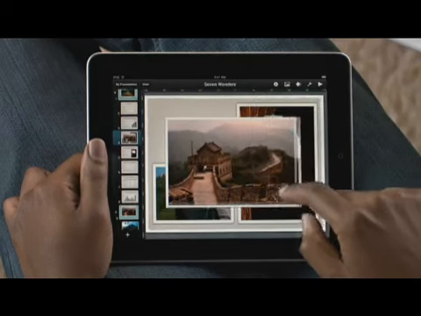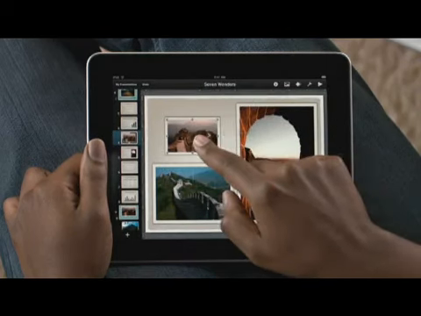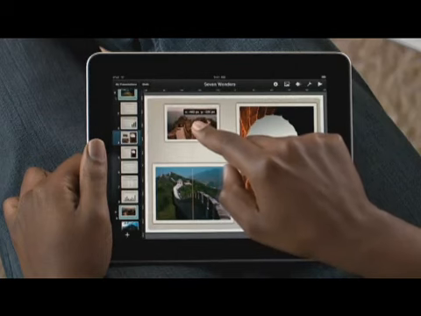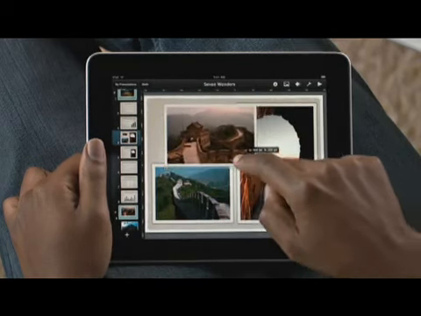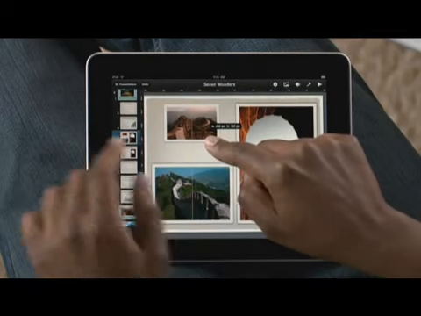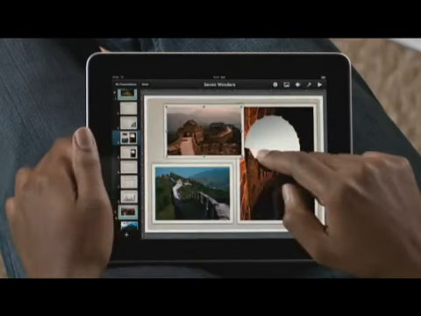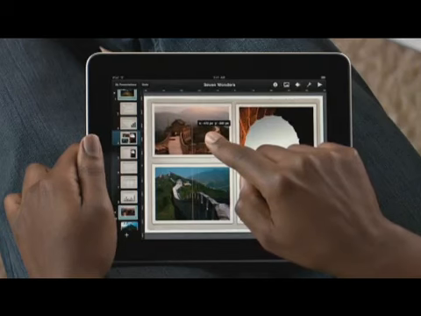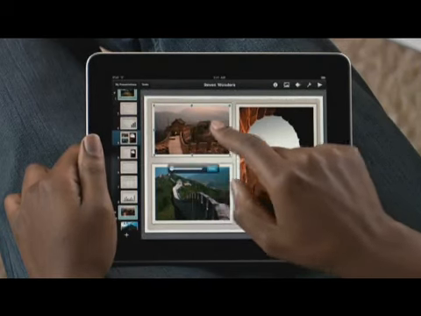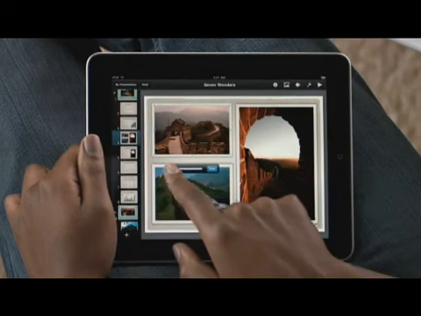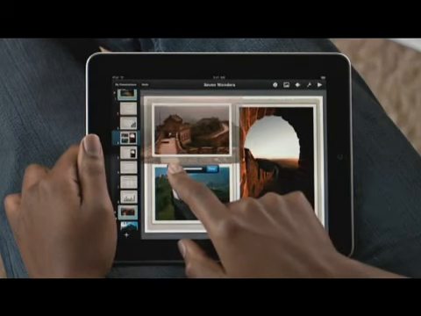You just drag to position it, and guides pop up to help you line it up perfectly. Then just drag a corner to get the right size. If you want to match the size of another image, just touch it while you're resizing the first image. Keynote instantly matches its size. If you want to focus on a specific part of the photo, just double tap it and use the slider to zoom in. Then just drag